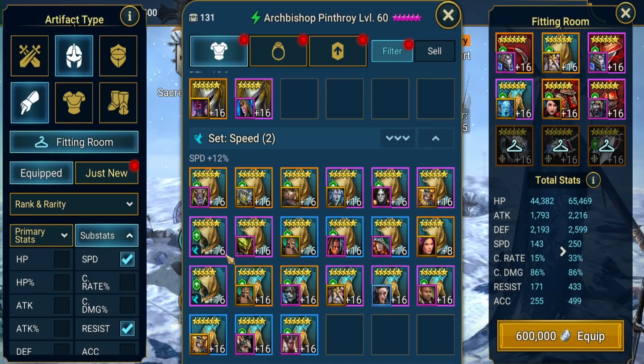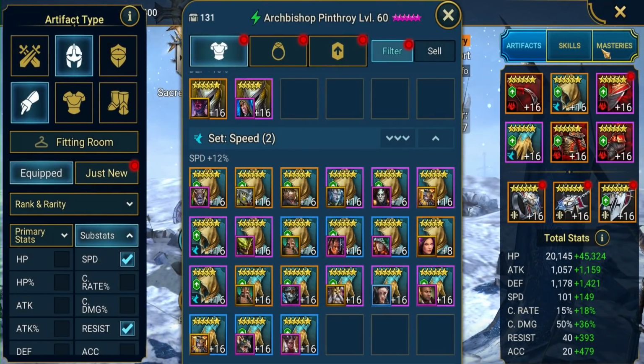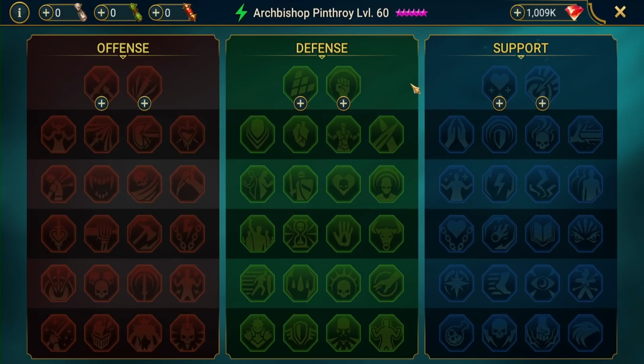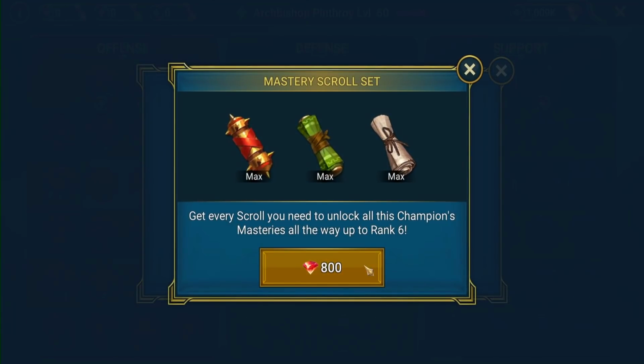If not, I would definitely want to raise this 70 more, making it 500 resistance, so we can complete normal through the Nightmare Hydra. So let's go ahead, equip this gear for sure. I know a lot of these accessories aren't glyphs, so what are we going to do as far as masteries go? So we have debuffs on this guy, we have buffs, which means we want to take full advantage of